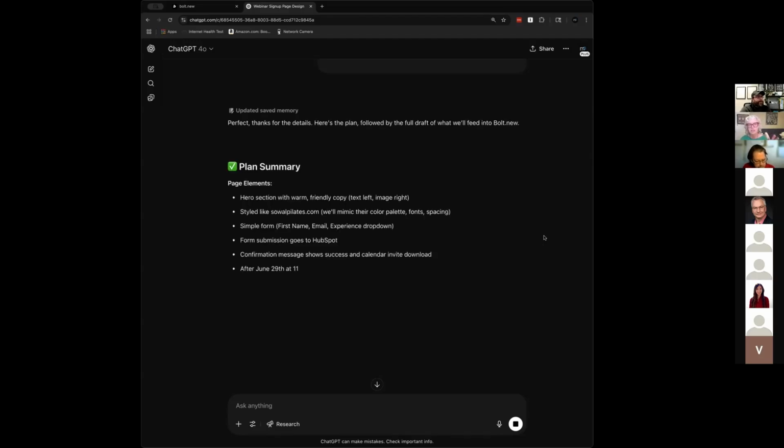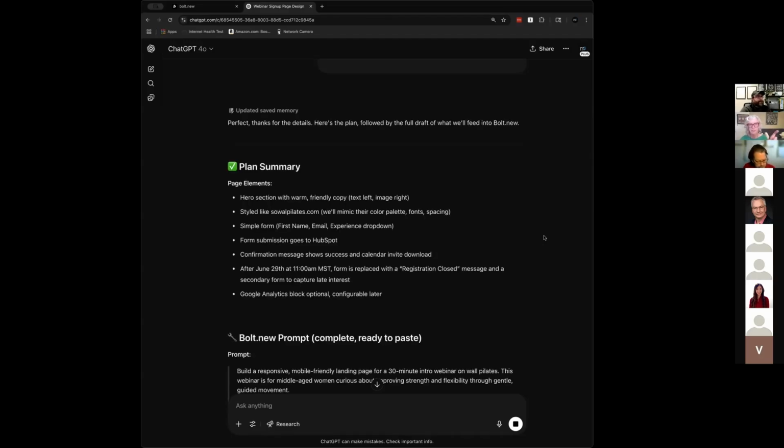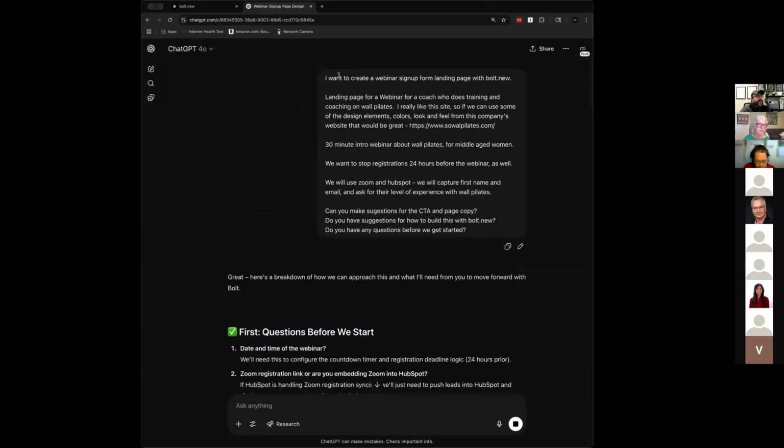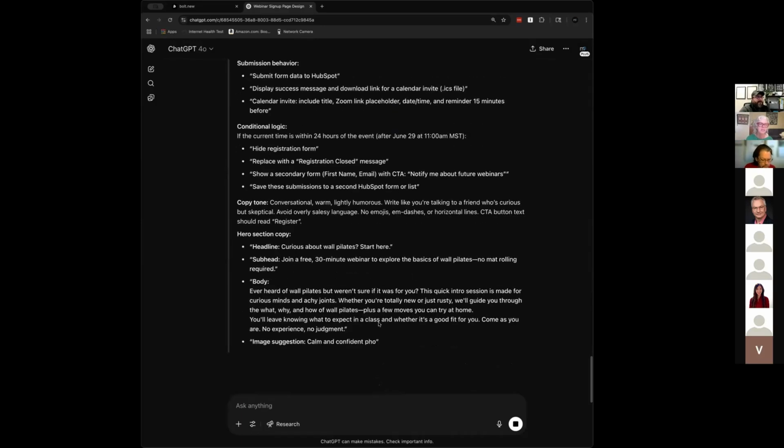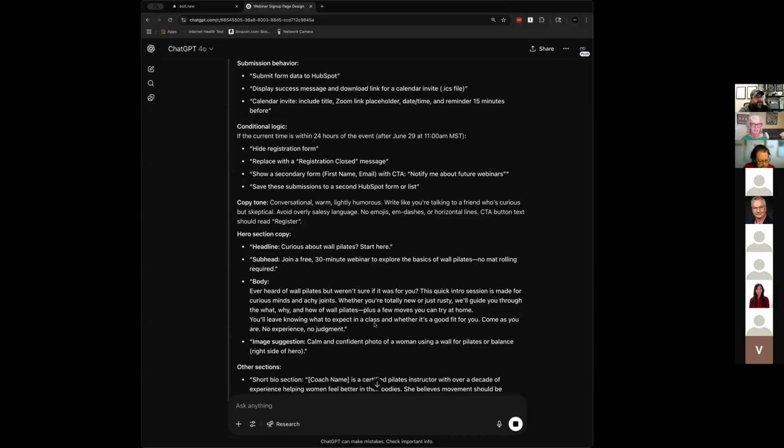I noticed it zoned in on Bolt. Did you tell it you were using Bolt, or does it just know? At the very first, I said I want to create this landing page with Bolt.new. The trick is you actually could use ChatGPT to do this. It's just not nearly as nice, because Bolt.new is going to do it in a code editor with a file folder system, where ChatGPT is going to give you a series of files that you have to then download and create yourself. And there are some shortcuts that you get with tools like Bolt or Replit or Lovable.